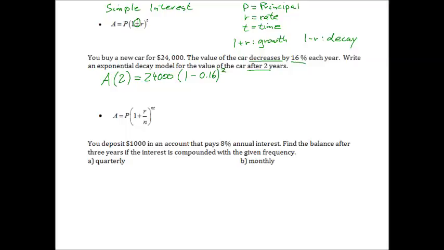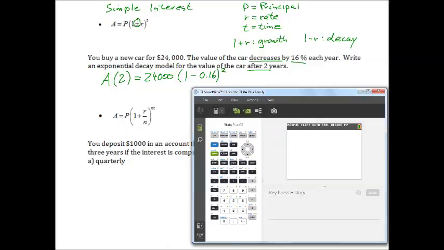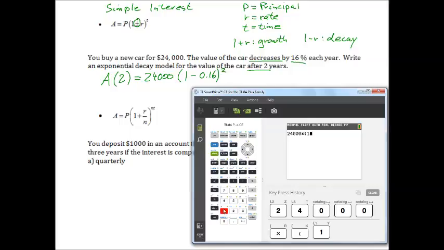And for that type of math, we can of course use our calculator and plug it in. So 24,000 times, and now use parentheses always, 1 minus 0.16, and that gets raised to the power of 2. Enter, and you get